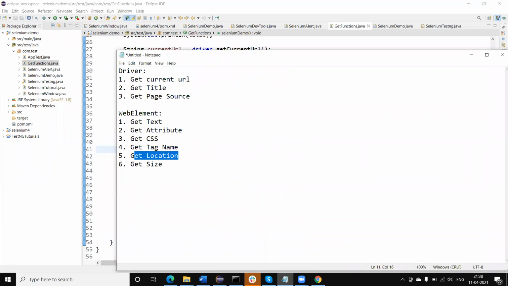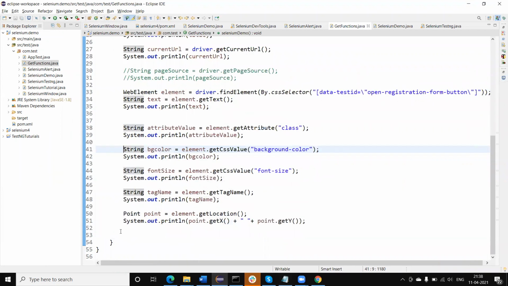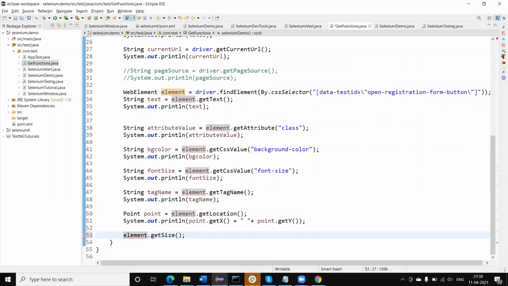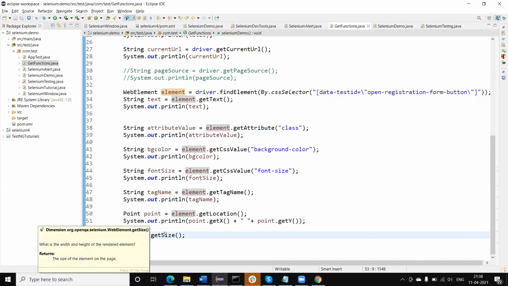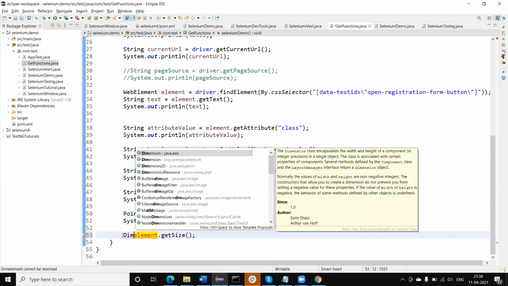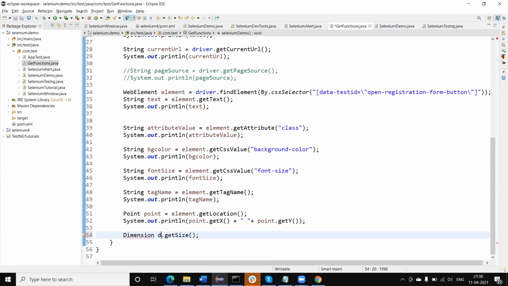Similarly, if we want to get the size of the element, we can call the method get size, and this will return us the dimension object.